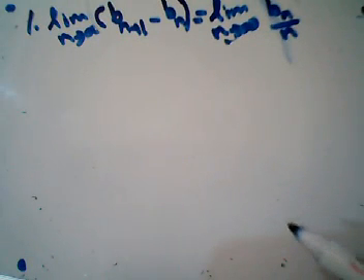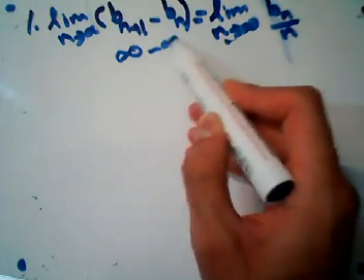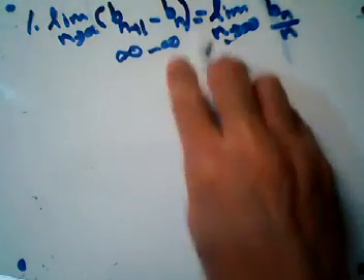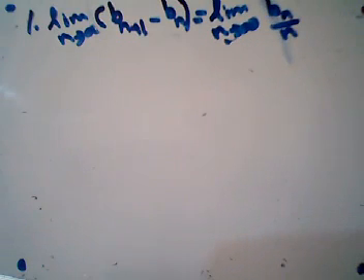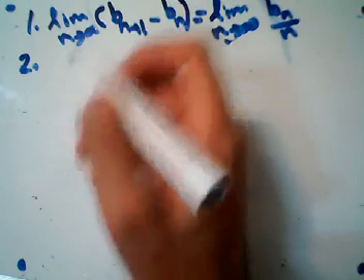But this is in the form of this, and the limit may or may not exist. I'm not going to prove it here. Maybe later I'll make a video about its proof. Okay, and the second theorem says that